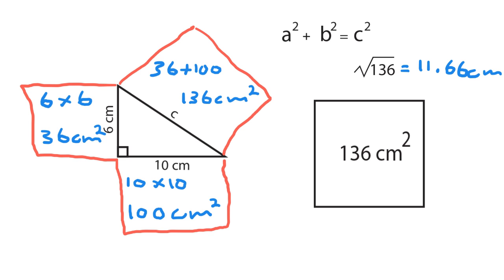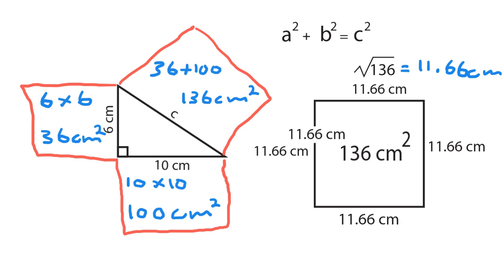11.66 is rounded to the 100th place. It's actually a longer decimal, but we'll round to the 100th place value. So this then means that each side length of this square is 11.66 centimeters. Therefore, if every side of this square C is 11.66 centimeters, we could say that the hypotenuse or side C of this right triangle is